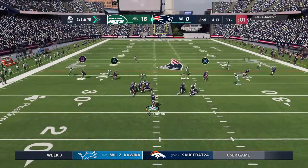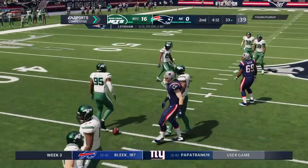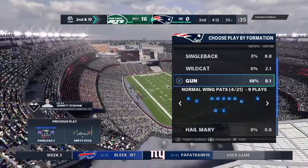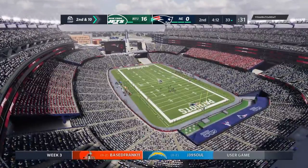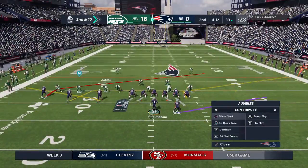They snap it at 1. Now Stidham. And that'll be knocked away. It's incomplete. He was looking for Odell Beckham that time. And that'll bring up 2nd down. Receiver coaches preach to their guys all the time. Separation, that's what's going to make the play successful. That time there was very little, and I think they were actually fortunate that it was only knocked away and